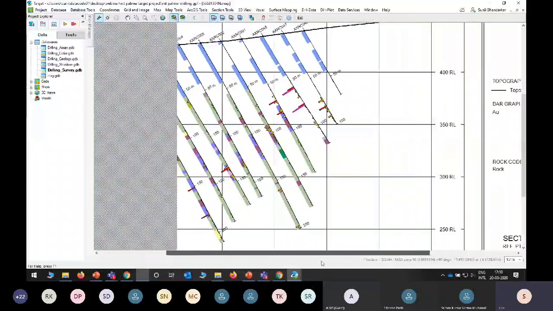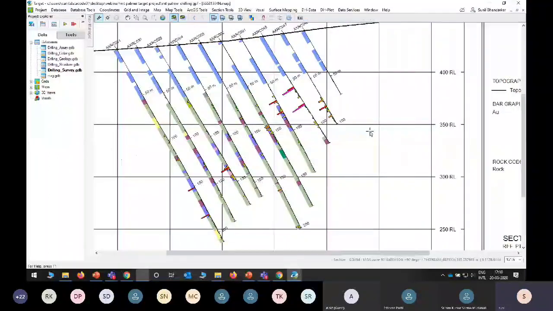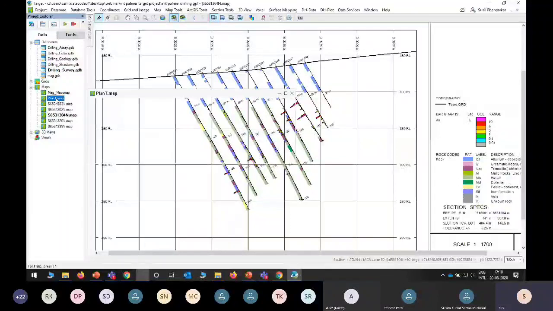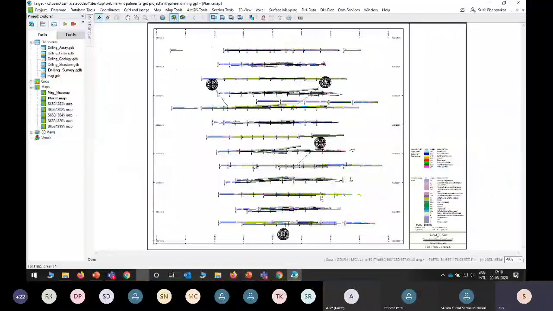So accordingly you need to create a section for each individual line. Like you can see the plan map here, we need to create 1, 2, 3, 4, 5, 6, 7, 8. Like this, we need to create multiple sections to generate the model.